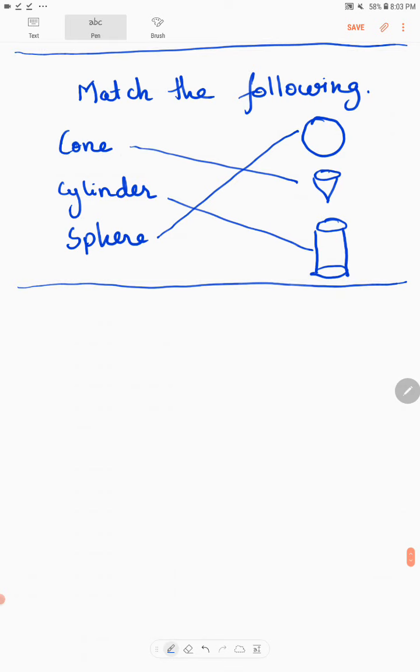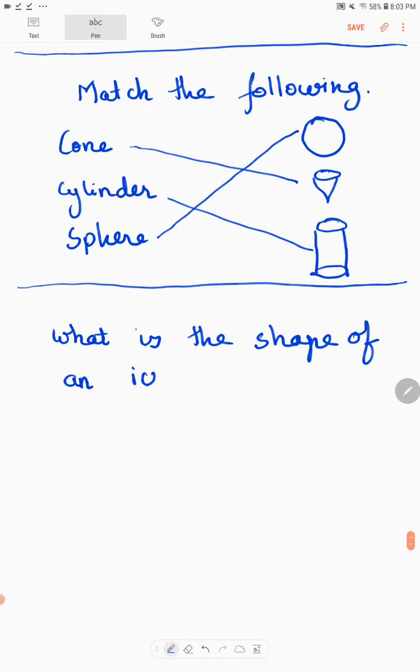So if I say, what is the shape of an ice cream cone? Your answer is cone shape.